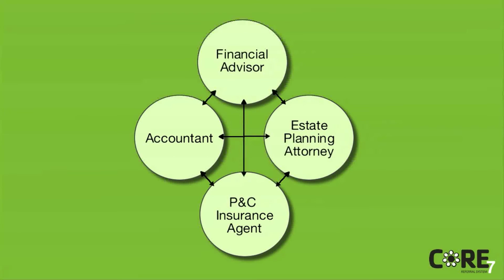Justin, we described earlier how the property and casualty insurance agent, the estate planning attorney, the accountant, and the financial advisor are always collaborating on a client's financial plan. Yeah, give us a few examples. Well, as we said earlier, once a financial plan is created, the estate planner is needed to create a will. There are always tax ramifications that need to be discussed where you need an expert accountant. And again, as we said earlier, if you have a lot of assets, you have to protect them from lawsuits. It's very, very common. So a property and casualty insurance agent would definitely be needed. Yep. Yeah, that makes sense.